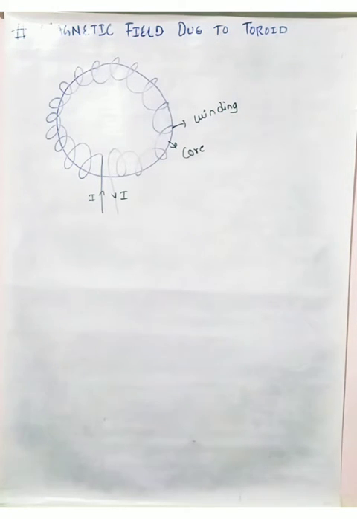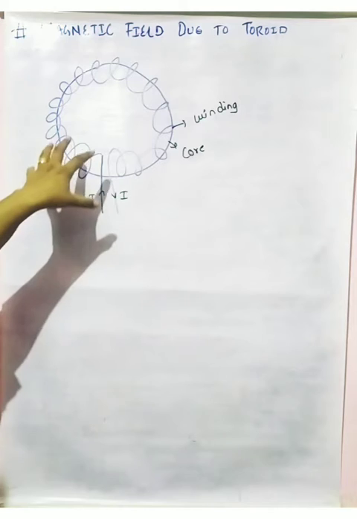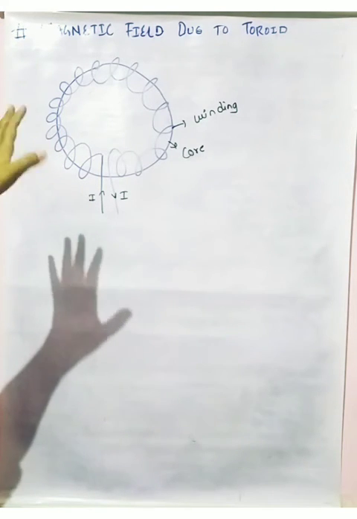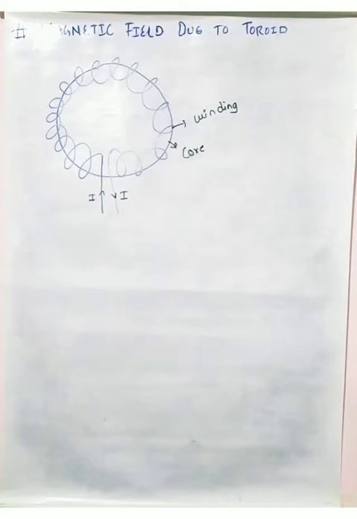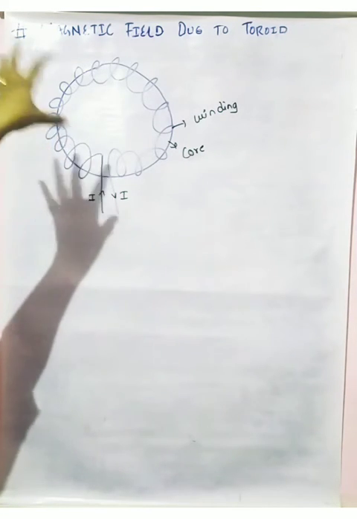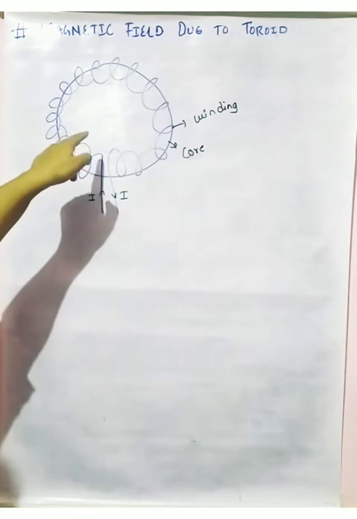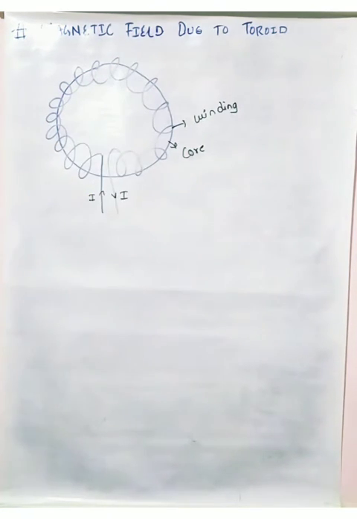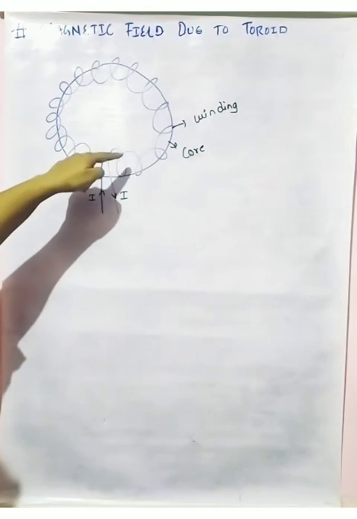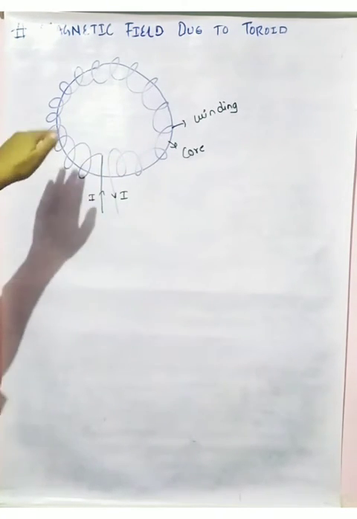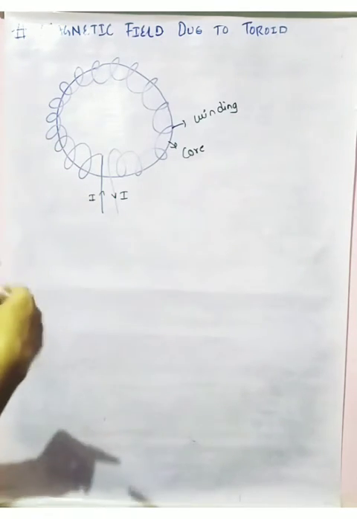Okay, so now we are going to talk about the magnetic field due to a toroid. Now the question comes, what is a toroid? A toroid is also a type of solenoid, which comes under the category of rotatory solenoid. A toroid is formed when a solenoid is turned or bent into a circular shape. It is a hollow insulator over which we have wound the wire in a circular fashion.